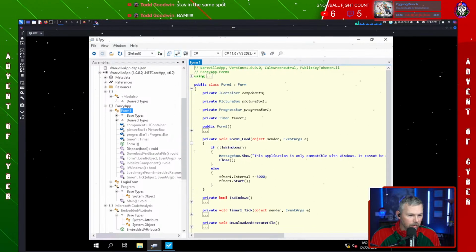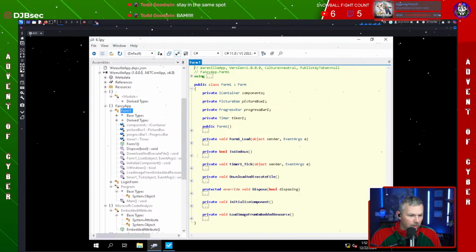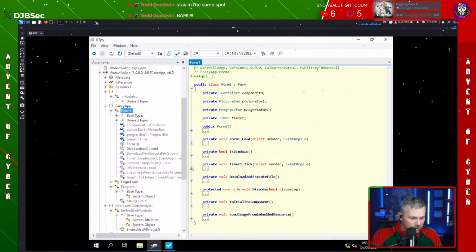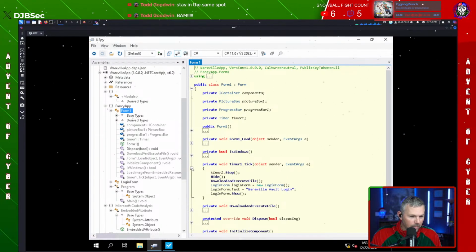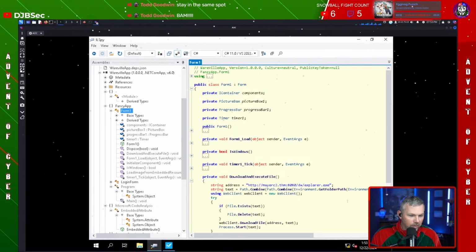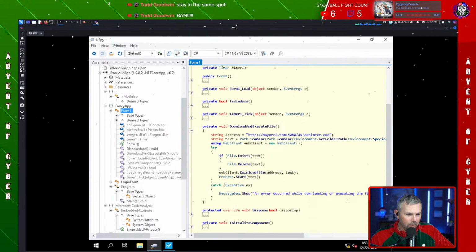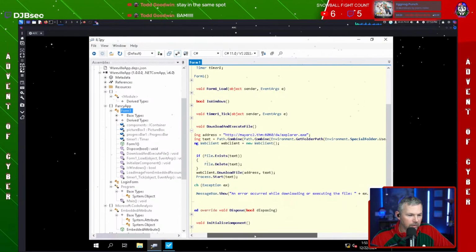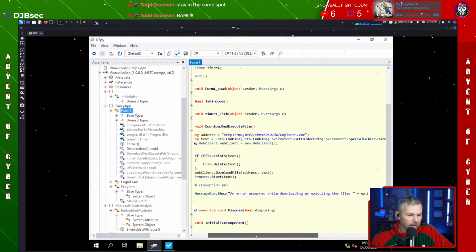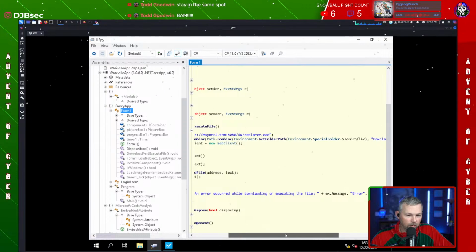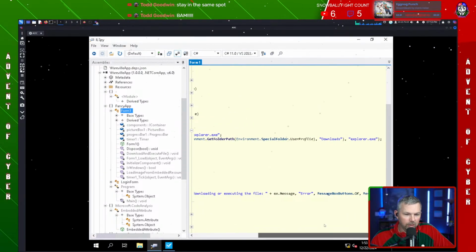Okay, that's Windows only. We know that part. The Boolean is Windows, yes. Timer 1, that's going to be the timer. Download and execute. It says download and execute. So where the hell's the... Did I miss this? So that's a catch. That's if file exists, delete file, web client, text. So text is going to be here, special folder, user's profile, go into downloads,